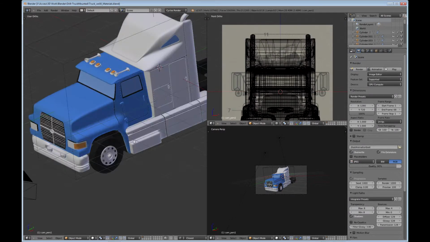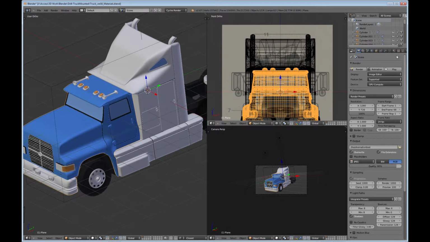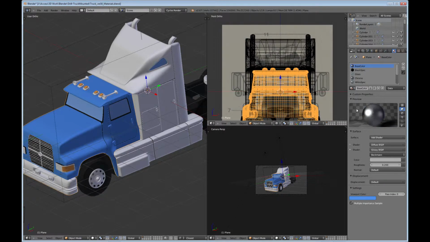Okay, so it's going to go into the cab here and go into materials, and these are most of the materials that I'm using, so we'll just look at those. And what I'll do is I'll give you a big screenshot of each one. I'm not going to go through every single material, but I'll just give you a screenshot of the nodes, so if you want to set it up like that, then you can. So first, looking at the base color,